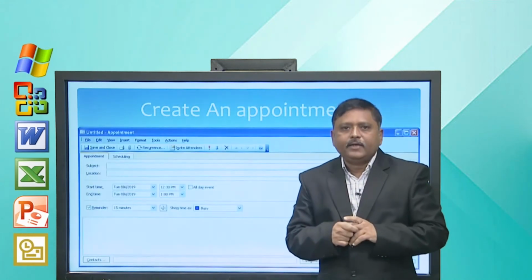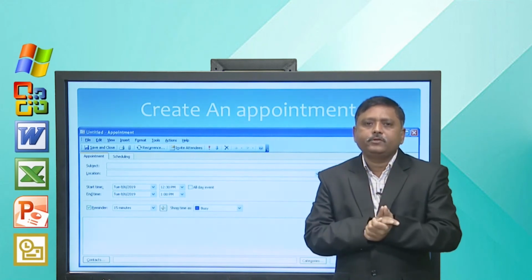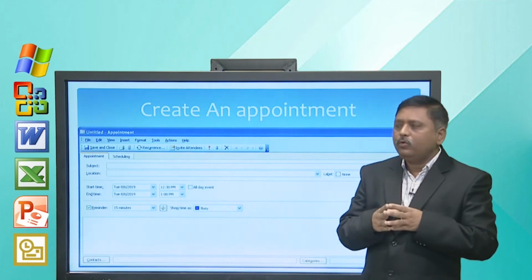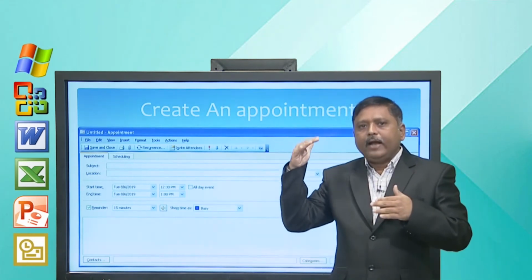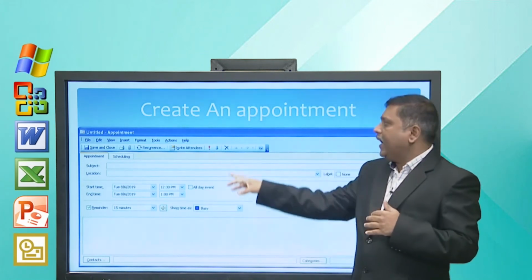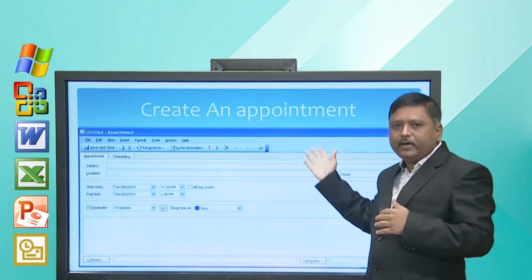The last part is creating an appointment. This is a very useful feature of Microsoft Outlook. So, from File and then New and then you have to click on Appointment and then this dialog box will appear like the contact dialog box.